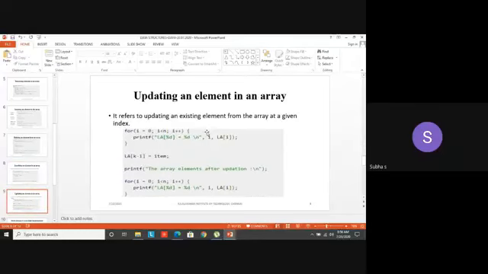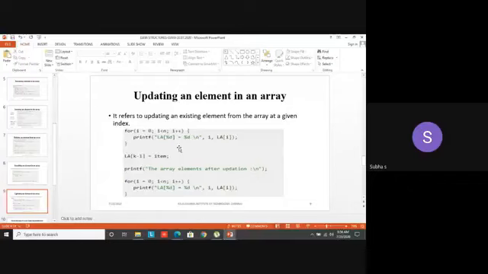The last one is updating an element in the array. I want to replace the existing element with some other element. Okay, very simple thing. Just you want to get that element. Same thing, I printed the elements already. I have mentioned that item. Item is nothing but the new element to be replaced, where I am going to place at LA of k minus 1. K is the position, as told, 0 to n minus 1.